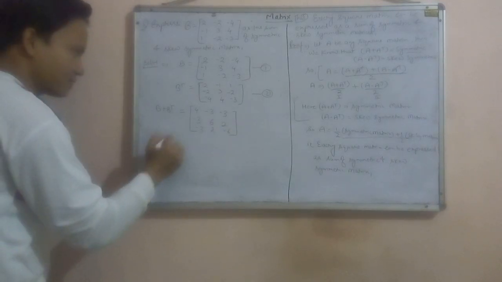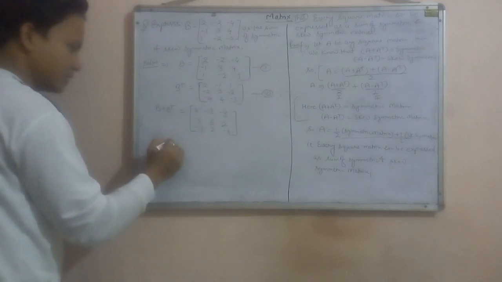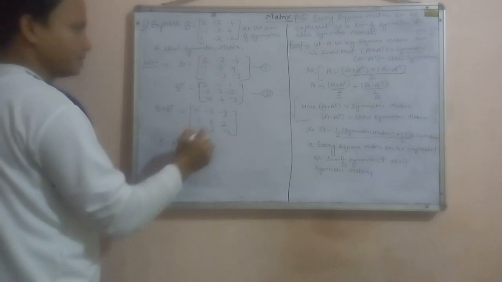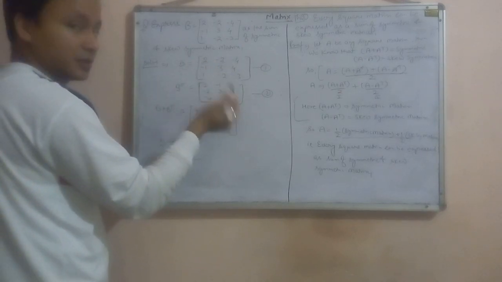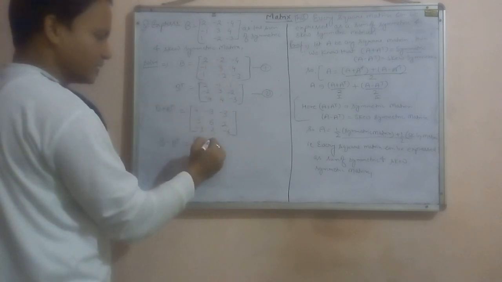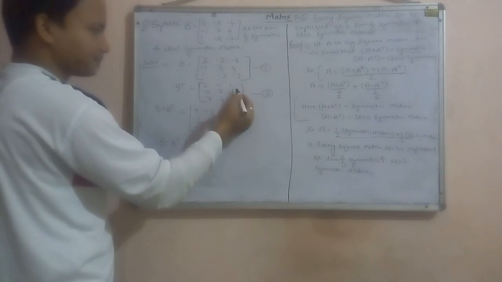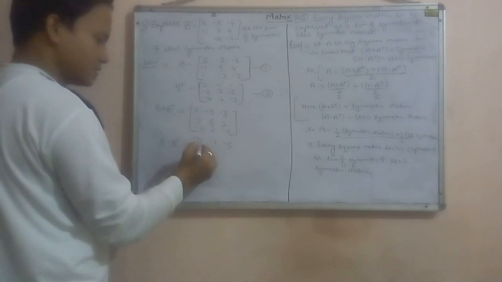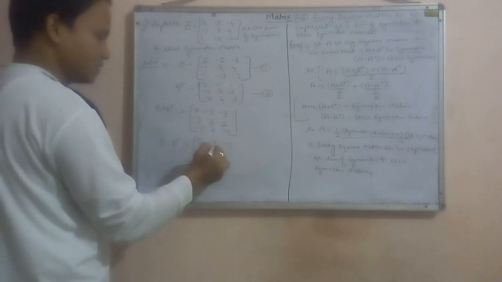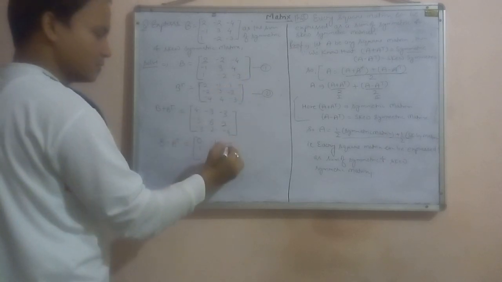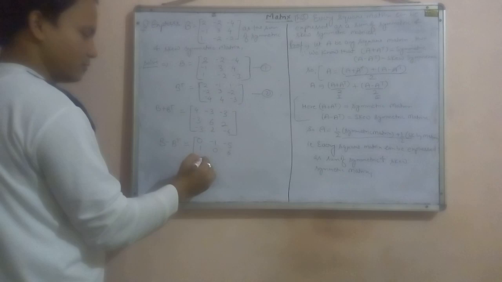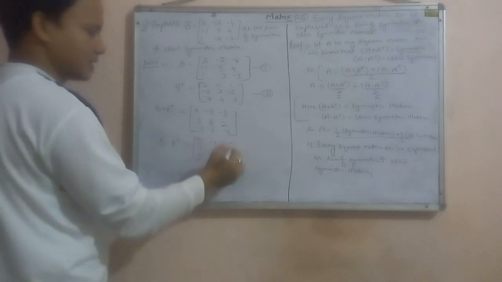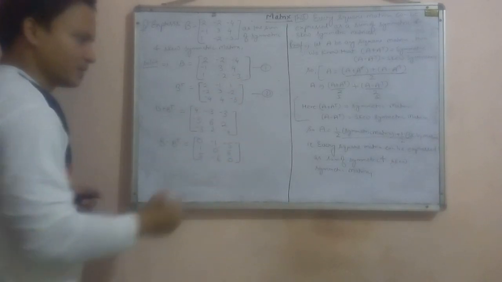Now subtracting equation second from first, that is B minus B transpose. So 2 minus 2 is 0, -2 on subtracting -1 will be plus, so -2 plus 1 is -1, -4 minus 1 is -5, -1 plus 2 is 1, 3 minus 3 is 0, 4 plus 2 will be 6, 1 minus 4 is -5... 5, -2 minus 4 is -6, and -3 plus 3 is again 0. Okay students, now